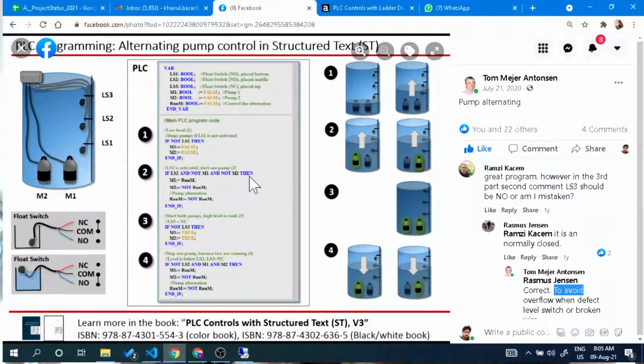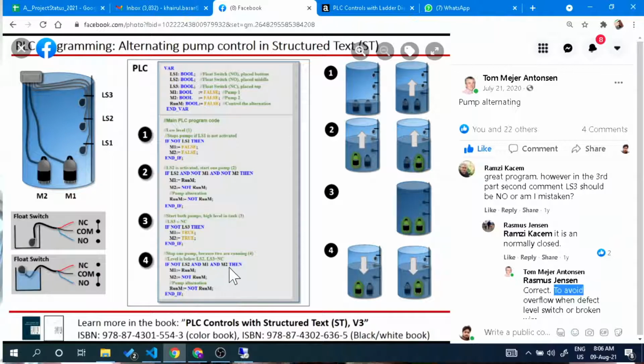So when we started the pump M2, it has just entered into this one, but it cannot enter into this condition because of this instruction. M2 is already running, but it's checking for M2 not running, so we cannot look into this now. The level came down and is going up again, and then touching the LS2 again. So now look for this instruction when the level is below LS2. After LS2, actually, the pump started and the level goes down. So look into this instruction. When the LS2 is not there,